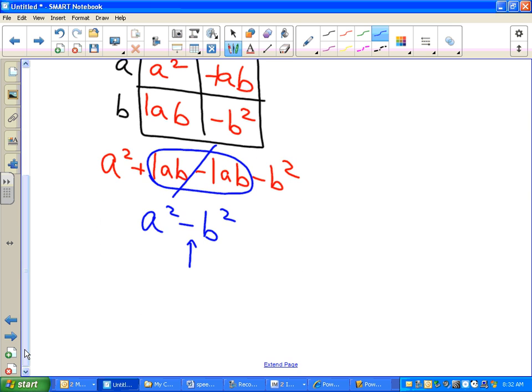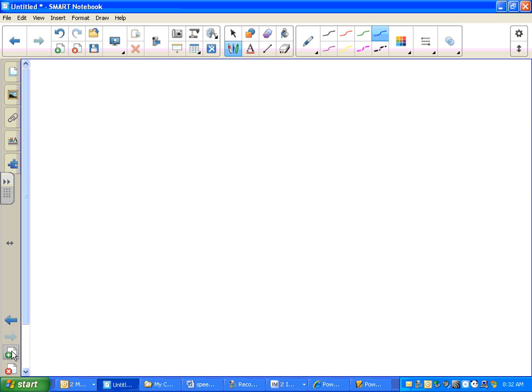So when we go backwards, we could recognize that it's just another special case. So let's try an example on this one. If I gave you this, z squared minus 9, okay, and I said factor that out into two binomials. We know that the middle terms are canceling, okay, and so here's the trick on this one. I think this is example 3. So I have z squared minus